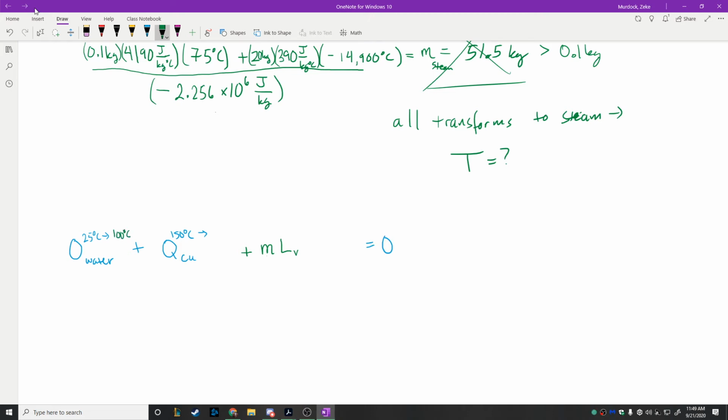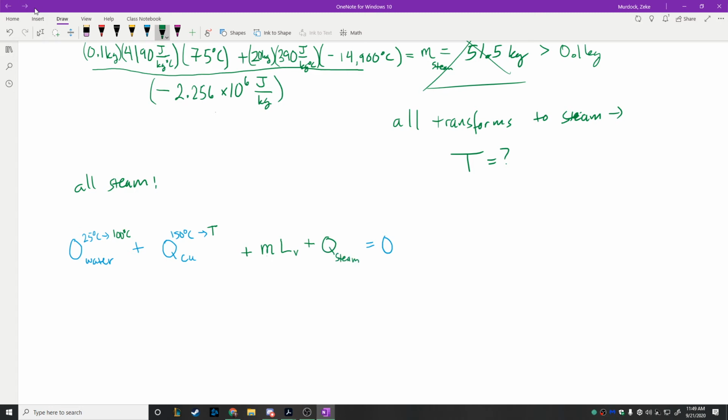So this would be the all steam scenario. The water would have to go to 100 degrees Celsius. The copper would have to go down to whatever the common final temperature is, which is probably going to be above 100. You need to include the latent heat of fusion, and then the final term would be the Q of the steam, as Ruja says. So now you'd also have to have the Q for steam,